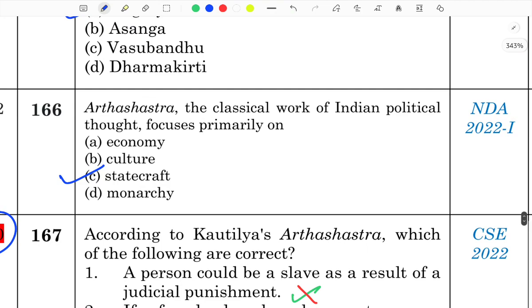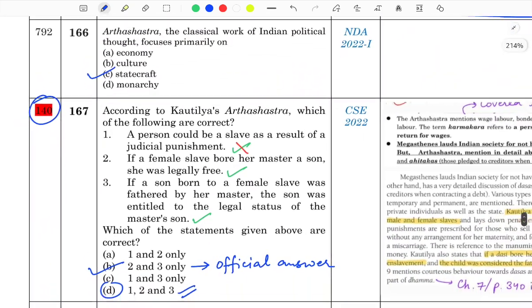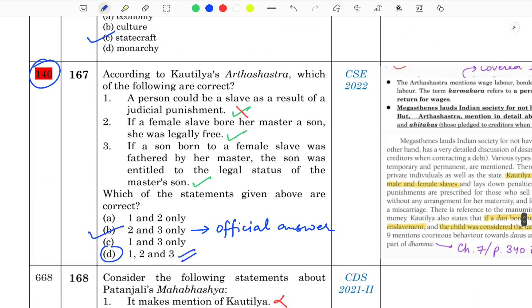Arthashastra, very simple question, but not the next one. Arthashastra is a work on statecraft. Now see this question. Why I marked this in red? Because not just in my opinion, but in the opinion of many, this question has been answered wrong by UPSC, even officially. Because I've cross-checked this question a lot, and there is no reason to cite statement number 1 as wrong